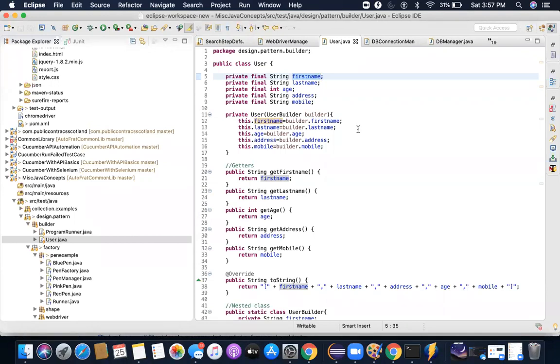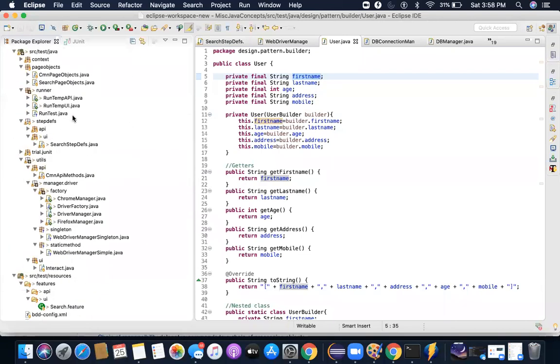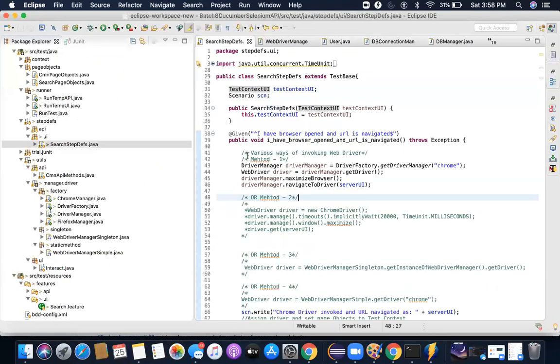Okay, so I don't want you guys to be confused about these design patterns. It's not that a framework is based on a specific design pattern. Design patterns are used to create objects. What kind of objects you are going to create, what the features and properties of that object are going to be, based on that you choose your design pattern for that specific object. So in the case of WebDriver, I'm using the factory design pattern. In case I have to create a user, I'm going to use the builder design pattern. Getting it? In case I want to share the state, I am going to use dependency injection.